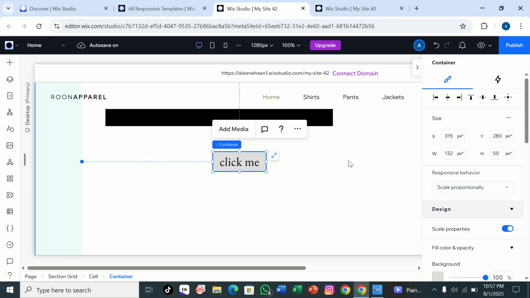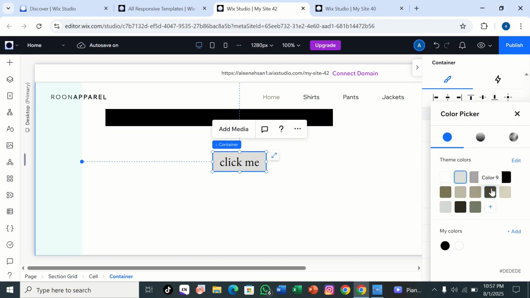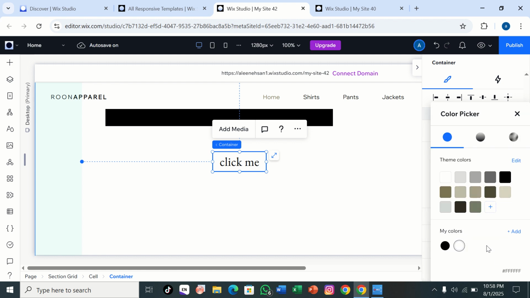You see, now I've got to change the color. I've got to move to the background here. You see the color is white. I'm going to be changing it to, let's just say, black or gray, so that this is visible. Or you can also add more colors to this option of colors. Here you see there are so many options. You can also click on any of these. Let's just say I'm looking for this, or I'm looking for this. I'm going to be clicking on apply,